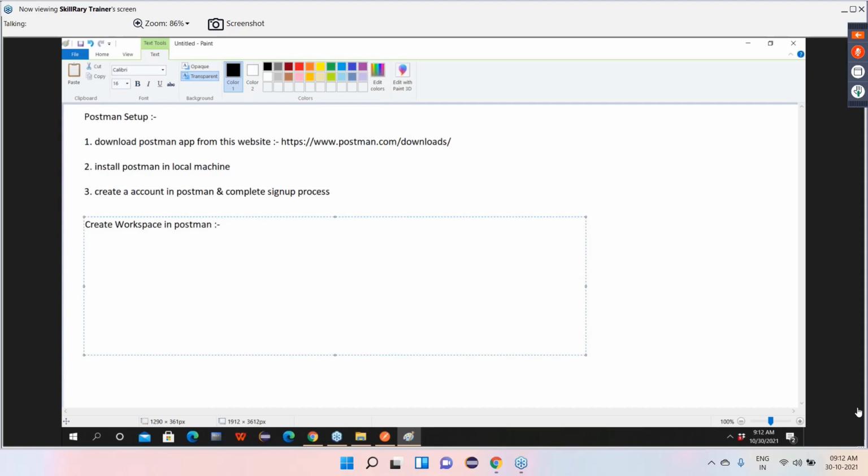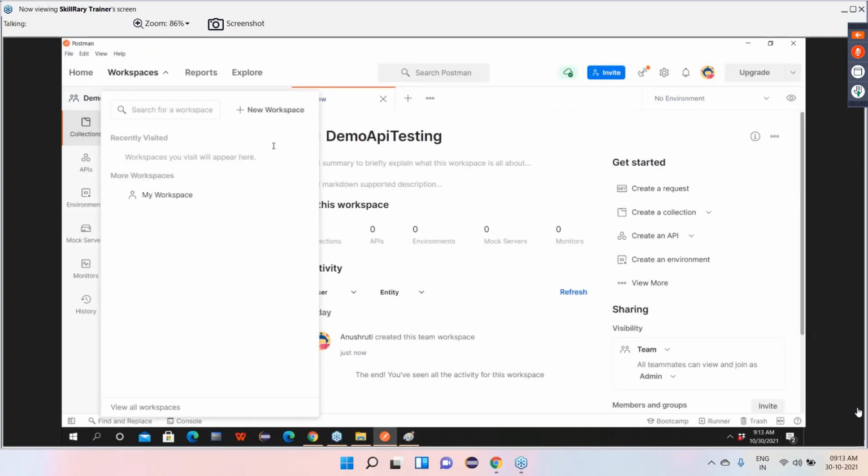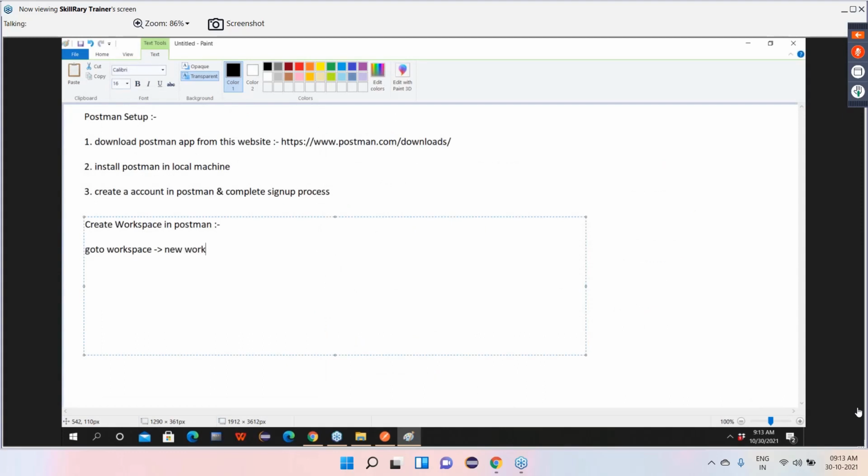So first thing is go to workspace, click on new workspace. Provide workspace name. Click on create. So this is how we will create a workspace.